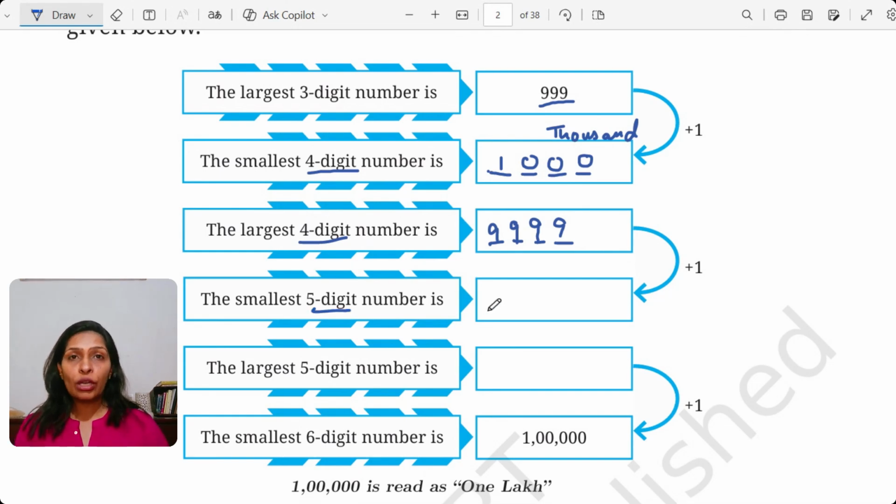So, the five digit smaller number. Again we will create five spaces here, and from the backward direction we can start putting 0, 0 0 0 0, and with the same logic I cannot put 0 on the first place, so here I will put the next number to it, that is 1. And what is this number? If we put a comma here, this is going to be 10,000. Yes, this is going to be 10,000.